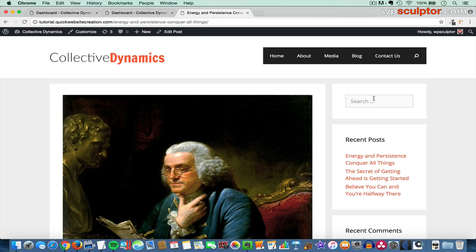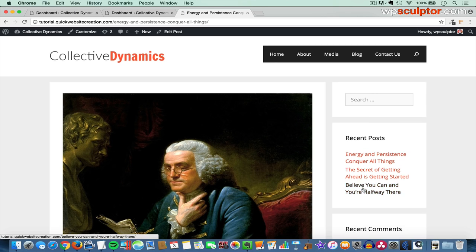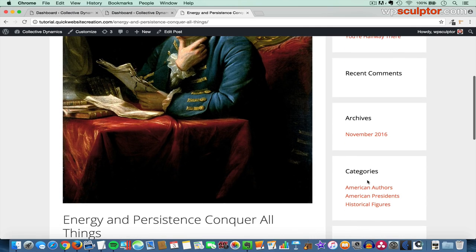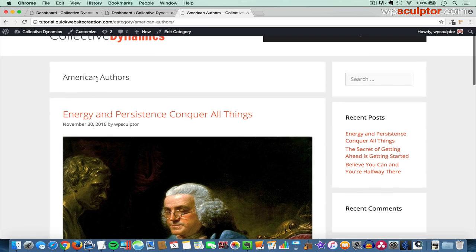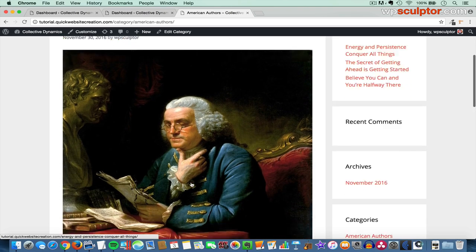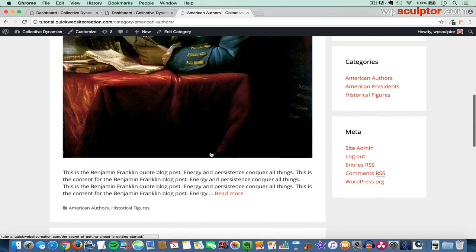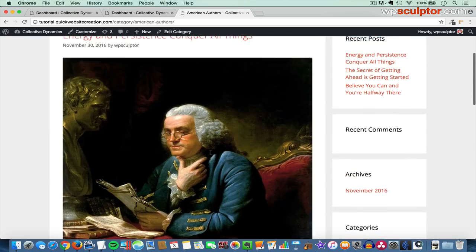So just to give you a quick idea of what you can expect your widgets to do, the search widget would allow your users to search your site for a particular search term. The recent posts widget would show your latest blog posts, and if we scroll down, the categories widget is very handy because it's automatically going to add your blog categories to the widget, and your users could click on the blog categories and be taken to a page that lists all of the blog posts that fall into that category. So the American authors category, of course, when we set up our blog posts, we added the Benjamin Franklin and the Mark Twain blog posts to that category, and those are the 2 that show up